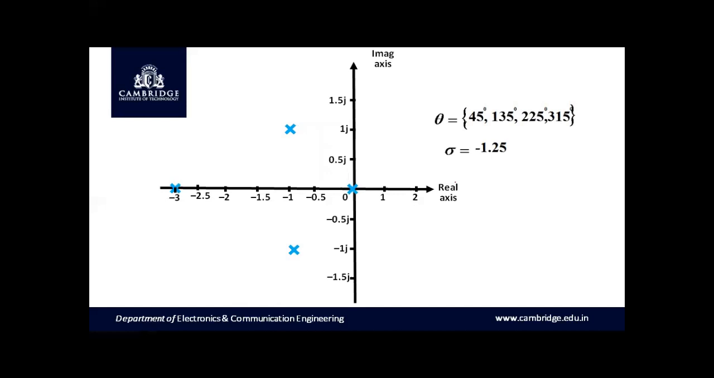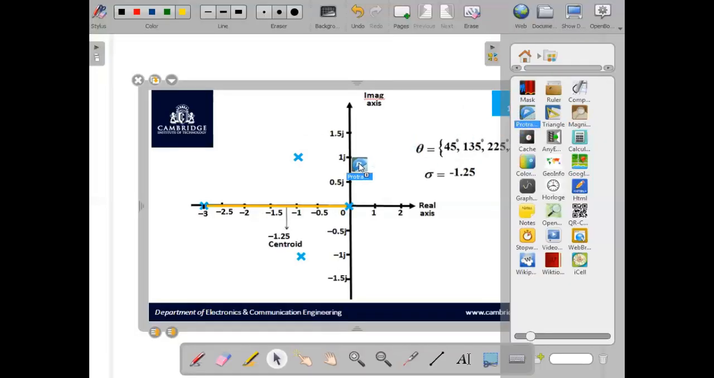Mark the location of all poles and zeros. And then we can exactly mark the location of the centroid, which is at minus 1.25. Now with the centroid as the center, we have to make use of the protractor and mark the angle at 45 degree. Let me take this protractor